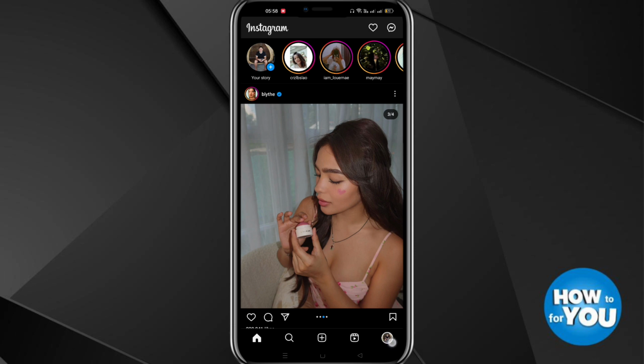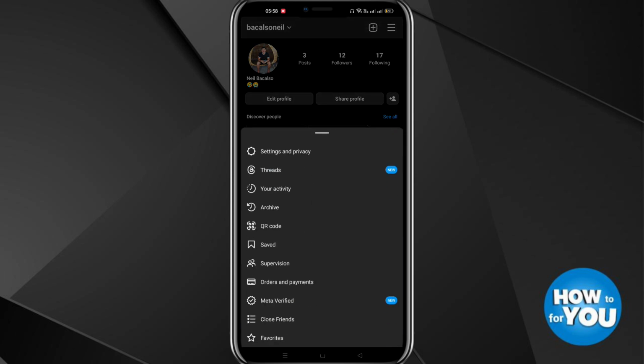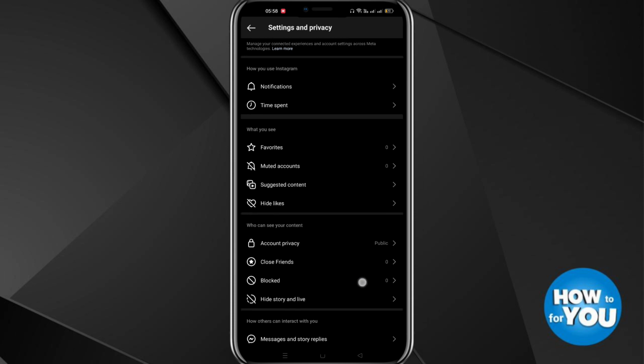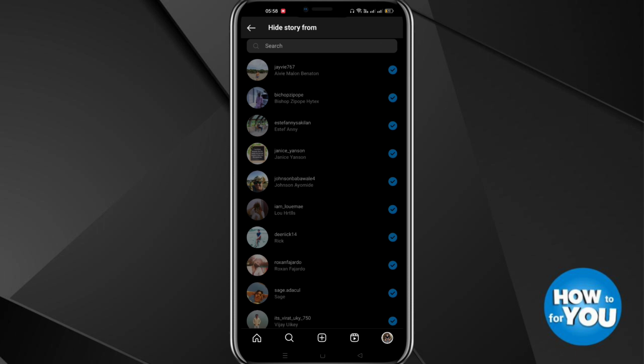first. So click the profile icon on the lower right side and then this three lines icon up here. Then select settings and privacy, and then under who can see your content, select hide story and live, and then